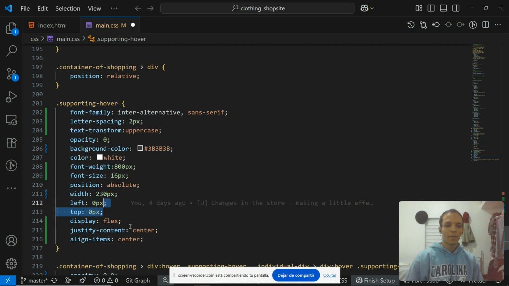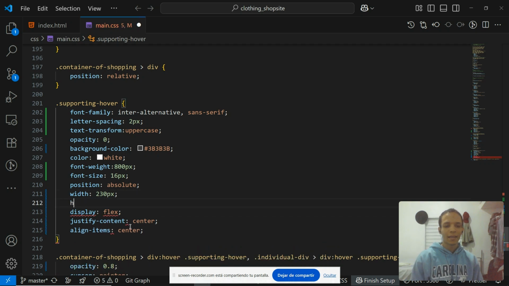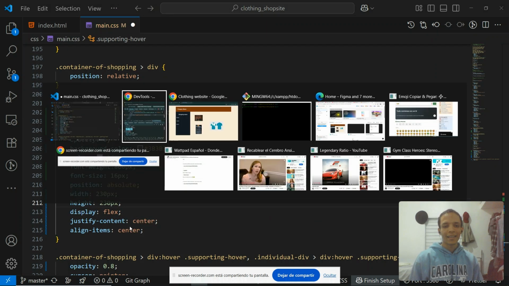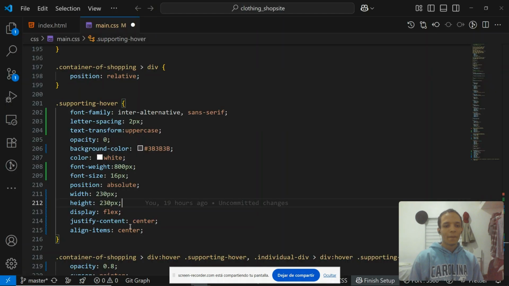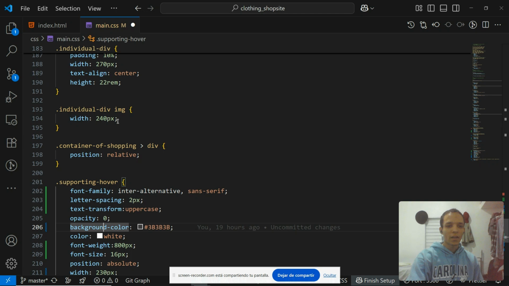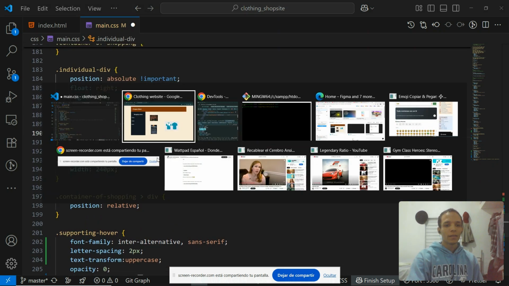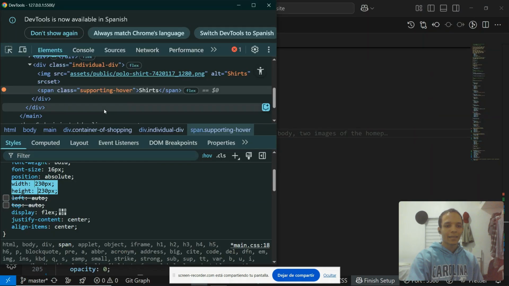It's not necessary because actually it is fixed. How can I say it? It is fixed because what is supporting this div is inside of another div, and it is the container which is up here. You see this one? So this one, I'm gonna take it